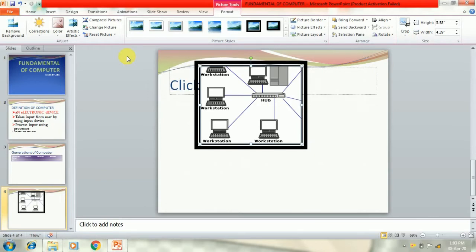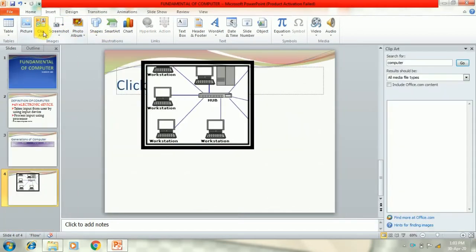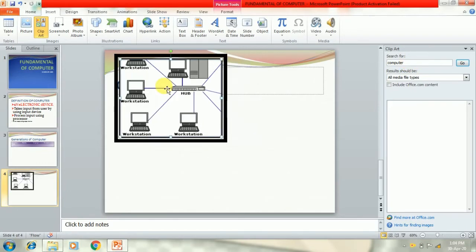The next object which we are going to insert is Clip Art. Clip Art is a ready-made gallery of images in the Microsoft Office suite. For this, we have to click on the Clip Art option. In the Search for box, we will write the related keyword and then click on the Go button.